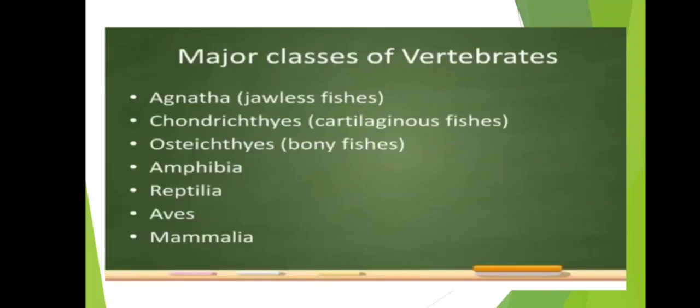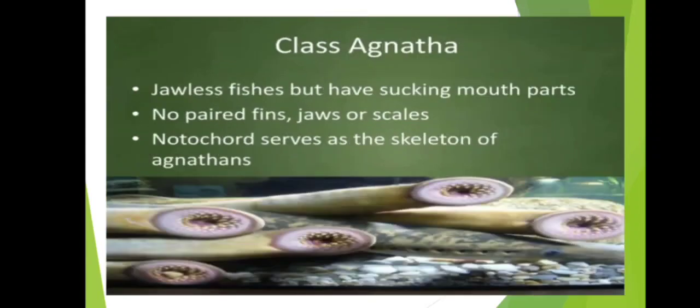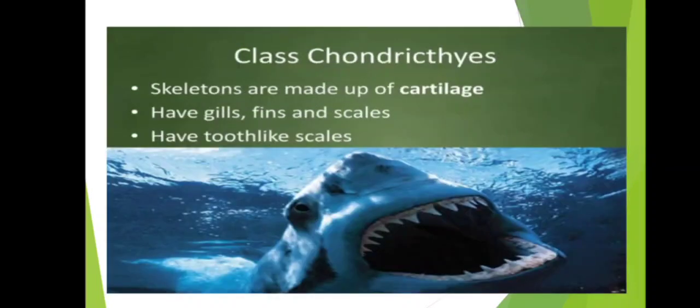The major categories of vertebrates are Agnatha, the jawless fishes, Chondrichthyes, Osteichthyes, Amphibia, Reptilia, Aves, Mammalia. The class Agnatha, the jawless fishes, have a sucking mouth part, no paired fins, jaw, or scale. The notochord serves as the skeleton of Agnathans. The class Chondrichthyes, the skeletons are made up of cartilage, have gills, fins, and tooth-like scales,